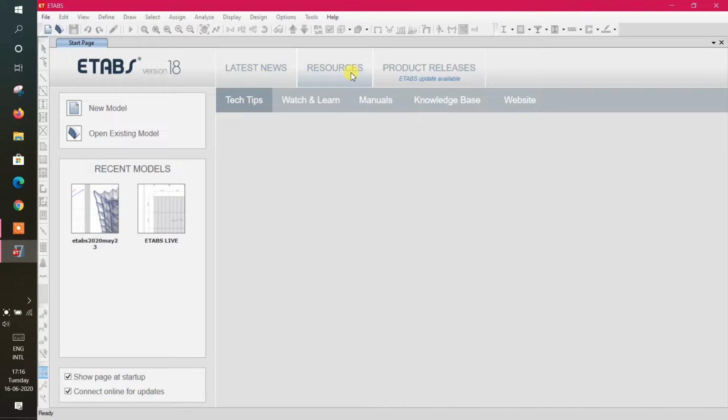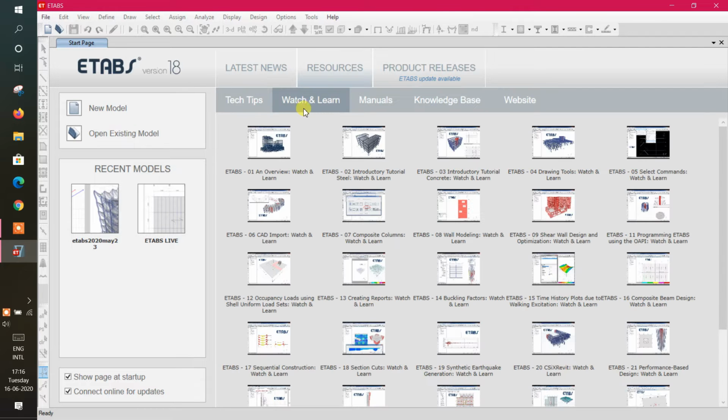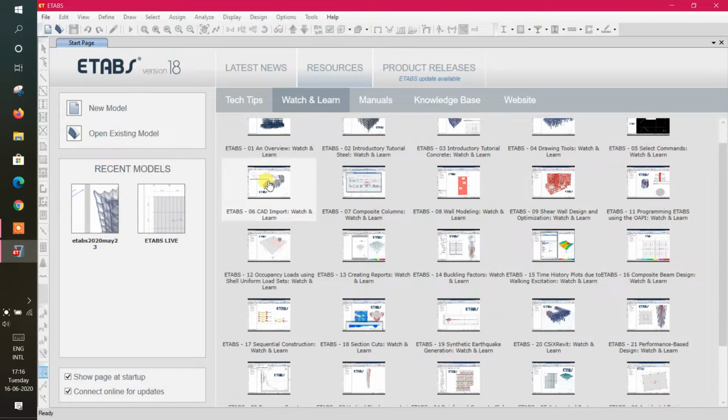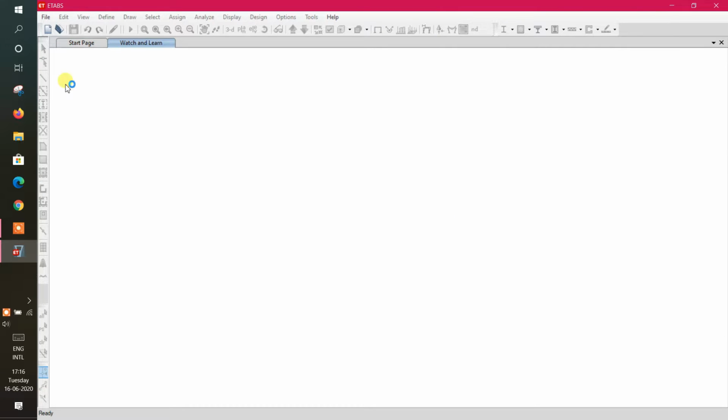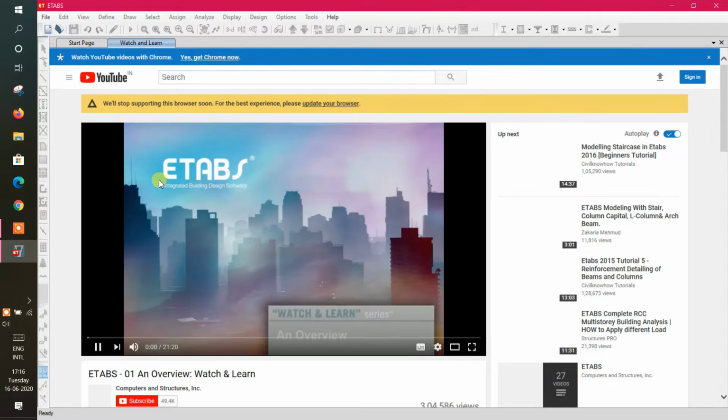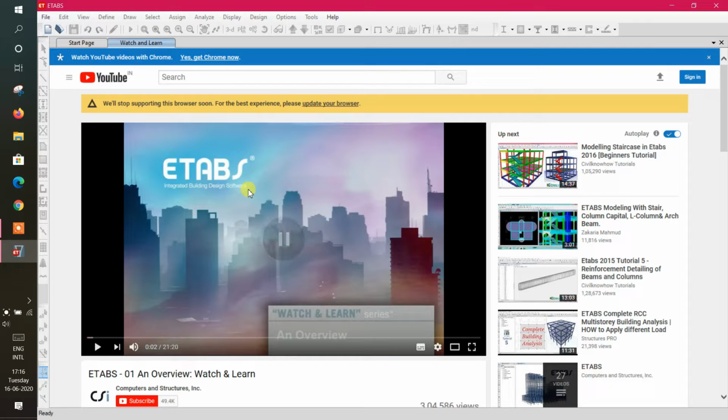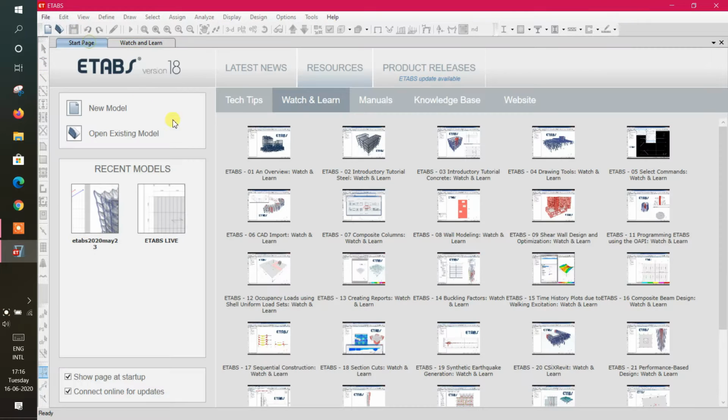And in resource, teach strips, they haven't included anything. Go to these, guys: Watch and Learn. This is what I want to say, guys. Here you can click on this, and it will open directly on YouTube, guys. And you can observe here an overview, watch and learn, introduction tutorials steel, introduction tutorial concrete, draw tools, watch and learn.